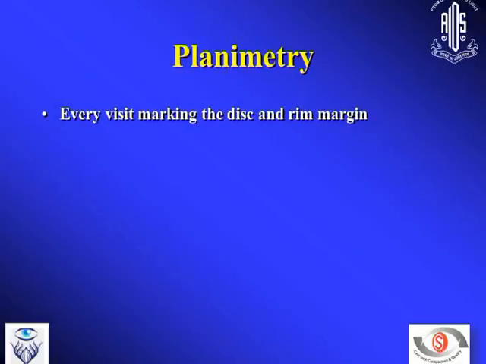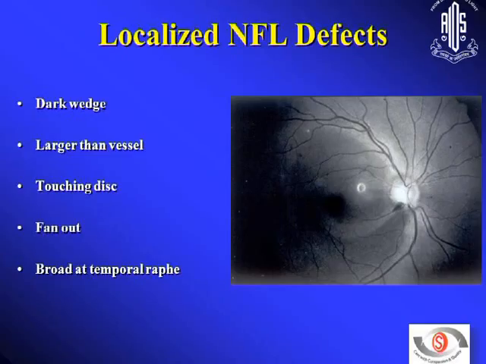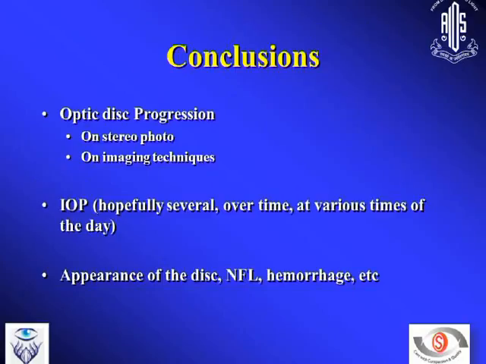but in a primary clinical setup it's very difficult. Another soft sign is disc hemorrhage; the presence of a new disc hemorrhage is definitely a soft sign of progression. You have to look carefully. Other is RNFL. Again, you have to have a red-free photograph. Clinical examination picking up retinal nerve fiber loss is one thing, and picking up progression is another. So only disc examination for progression in clinical practice using stereoscopic photograph and planimetry is difficult. They are ideal in a research setting.